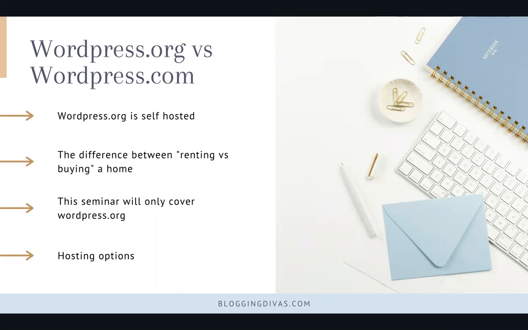WordPress has two different types of platforms. They have the self-hosted platform, which is WordPress.org, and then they have WordPress.com. And WordPress.org is when you have to have a host. So we're going to be going over that a little bit in a minute. Weebly, Wix, these are free sites. WordPress.com is also a free site. You can get a business site through them, but the difference between WordPress.org and WordPress.com and Wix and Weebly is